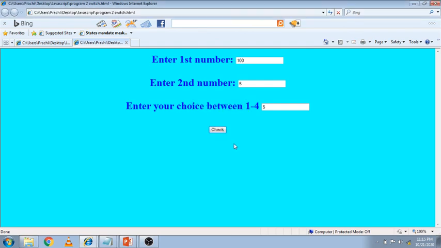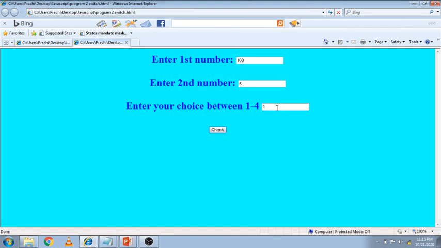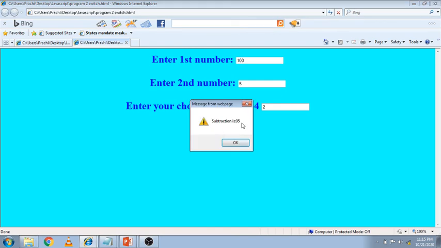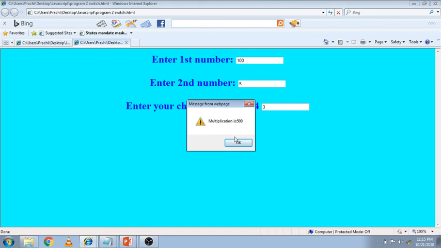Clear? Then I have put 1. 1 means addition. Addition is 105. Clear? Suppose I put 2. 2 means subtraction. 95. Clear? Then 3. 3 means multiplication. 500.